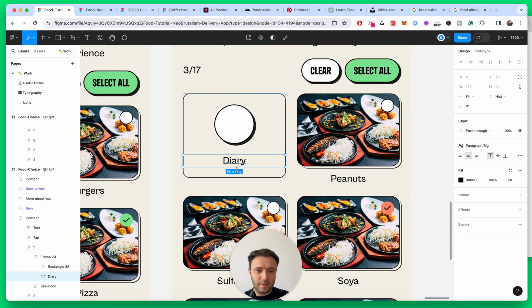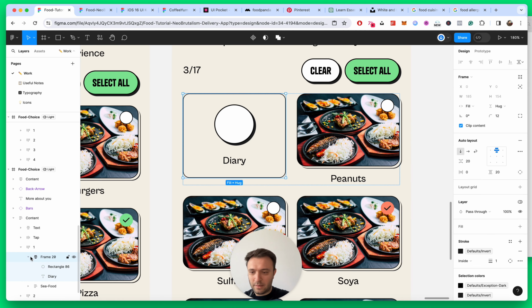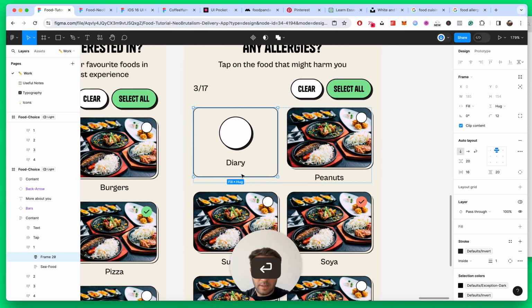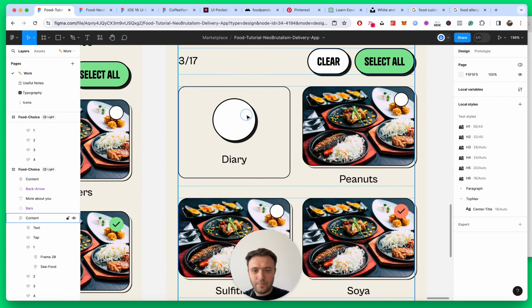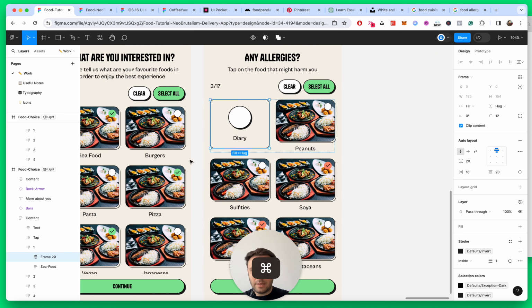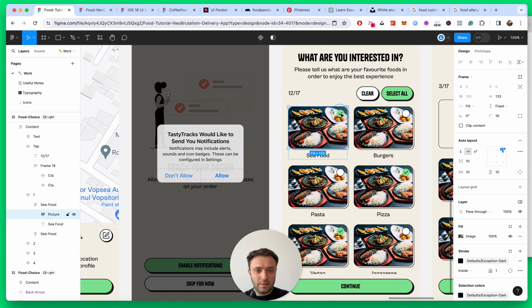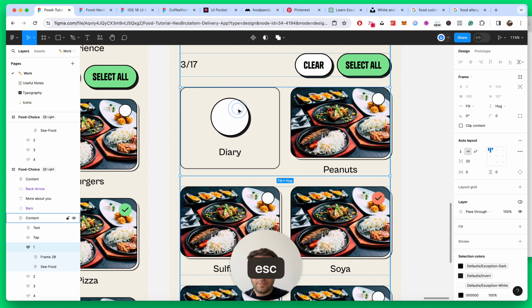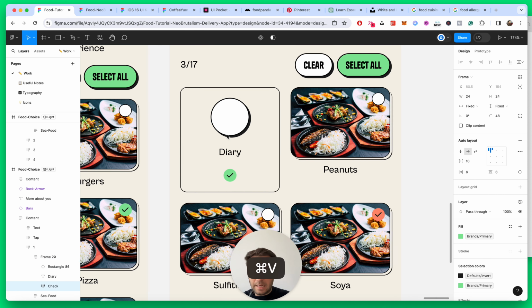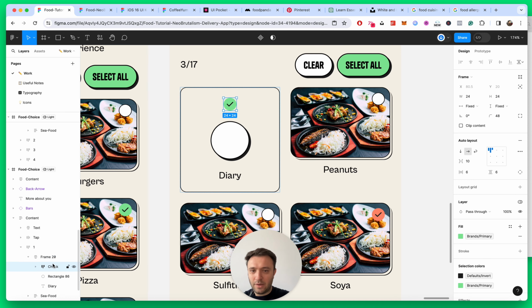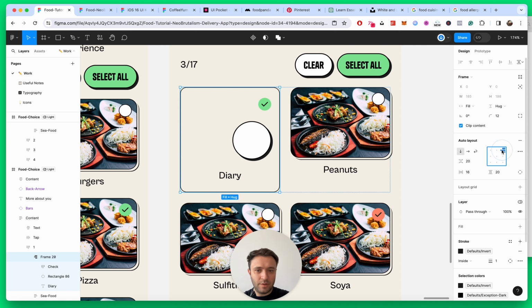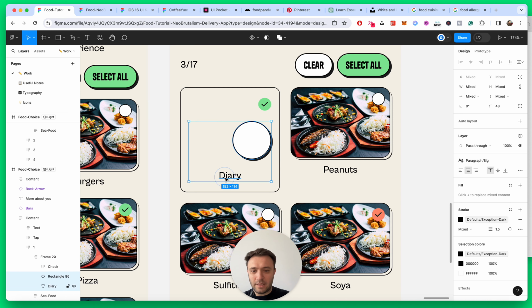Okay, let's add a padding of 16, and let's add this check, and let's add it here on the top, and make sure this is something like that, and select these two,